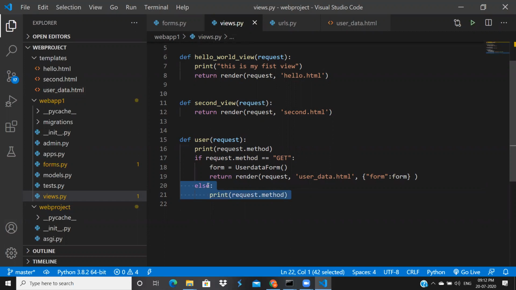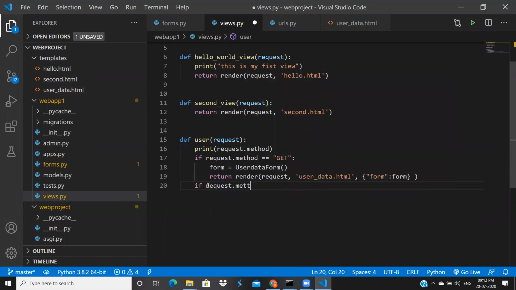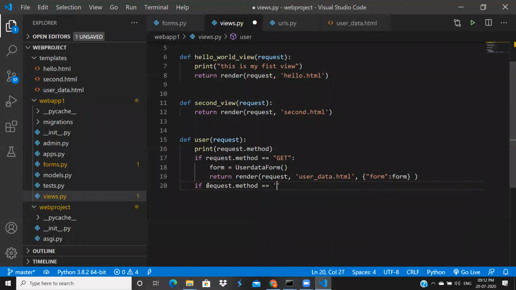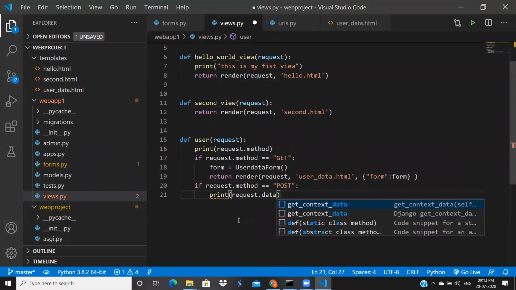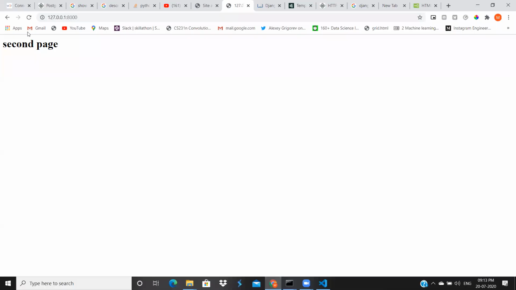Actually, we have to handle this thing. If request.method equal to post, we have to print that form. Let me execute this one more time.